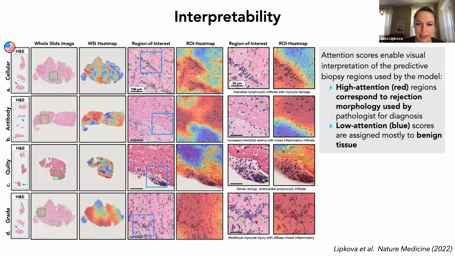Now you can practice what you learned from your crash course on cardiac biopsies. For instance, in the case of the cellular rejections, you can see this agglomeration of the lymphocyte infiltrates in the tissue. In the case of antibody-mediated rejection, which is the second row, you can see the swelling, which is shown by the green arrows. You can also see that the model is able to distinguish the cellular rejections and Quilty lesions. So it provides some way to interpret the results. That would be the attention heat maps.